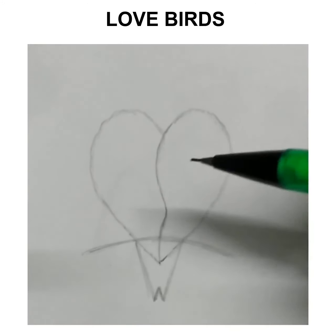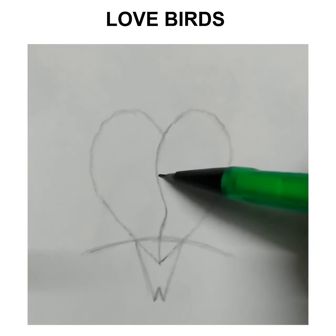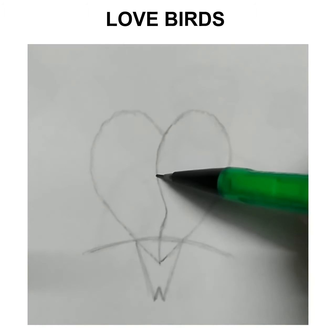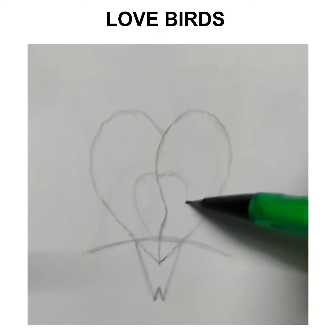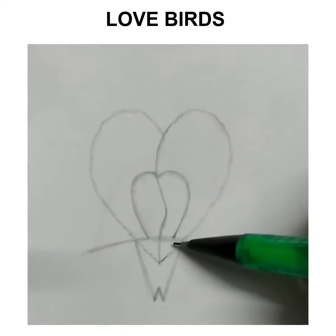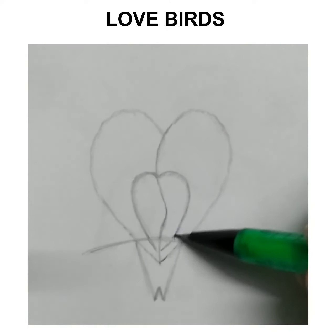Now after this we are going to draw another hearting. Okay, like maybe here in the middle of these two things. Like this, first half, and then the second one. You can even extend it a little bit like this. Yes,